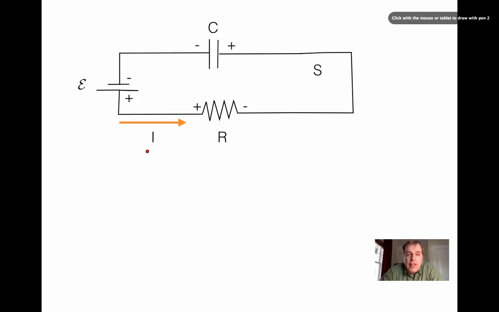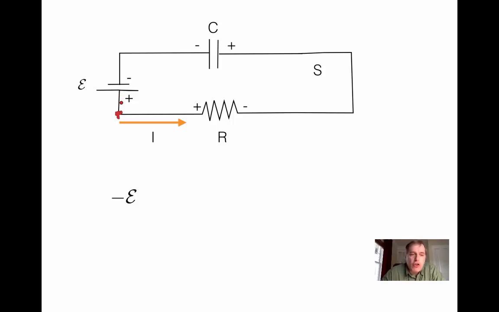Okay, we can guess all of that, but we're actually going to work it out using the equations. So now that we have the polarities, we apply the loop rule. I can start from anywhere I want, but let's say I start from this point here, and I'll choose to go clockwise. It's totally conventional. You could go the other way, you'll get the same equation. So if I go this way,